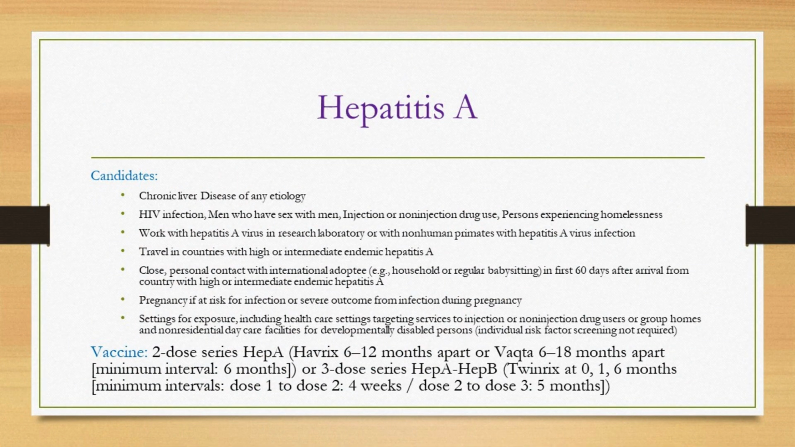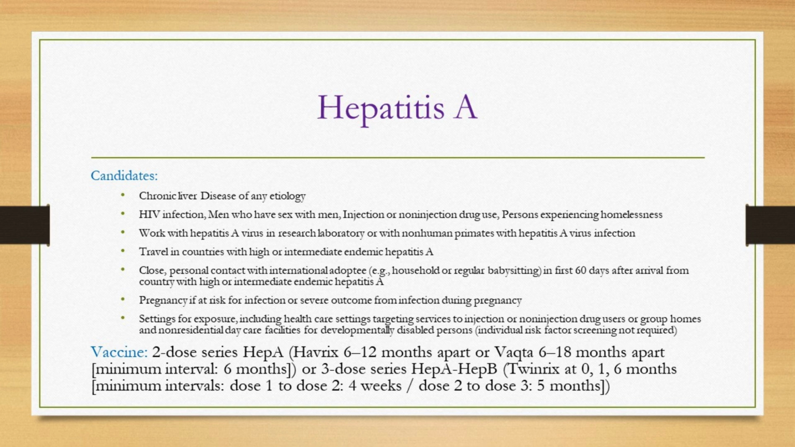Coming to hepatitis A vaccination, there are special candidates who need to be vaccinated with the hepatitis A vaccine. They are persons with chronic liver disease of any etiology, persons with HIV infection, men who have sex with men, injection drug users, persons experiencing homelessness, persons with hepatitis A virus exposure in research laboratories or non-human primates with hepatitis A virus infection. Similarly, persons traveling to countries with high or intermediate endemic hepatitis A,